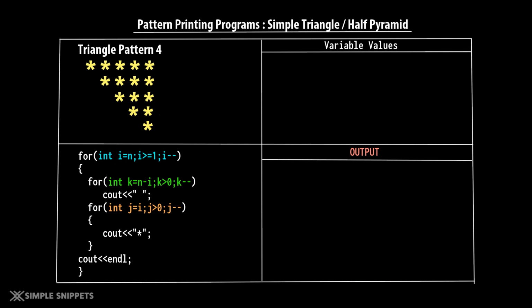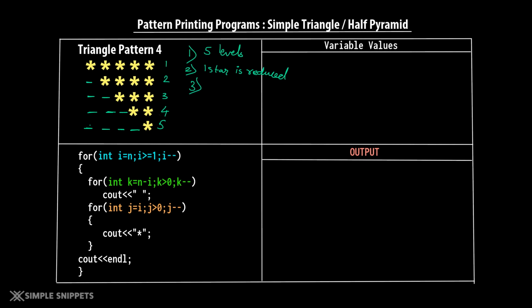Pattern 4 is pretty much similar to pattern 2, just that we again have some spaces first and then the character is printed. Observing pattern 4, we can see that we have 5 levels, 1, 2, 3, 4, 5. So the first observation is 5 levels, which means the outer loop is going to run 5 times. Second, the number of stars starts with the highest value of n, that is 5 stars, then 4, then 3, then 2, then 1. So at every level 1 star is reduced.